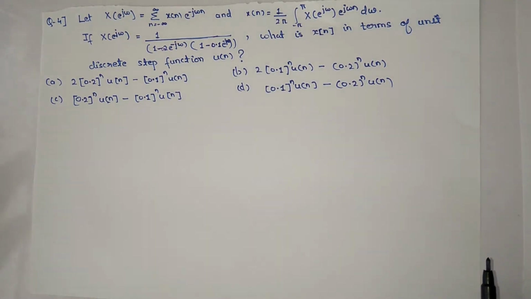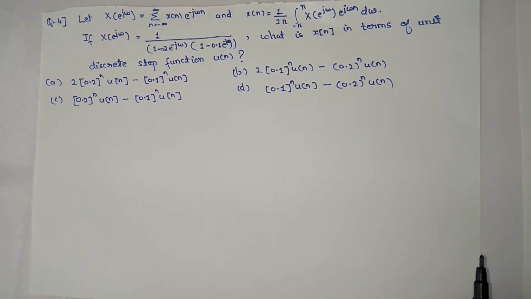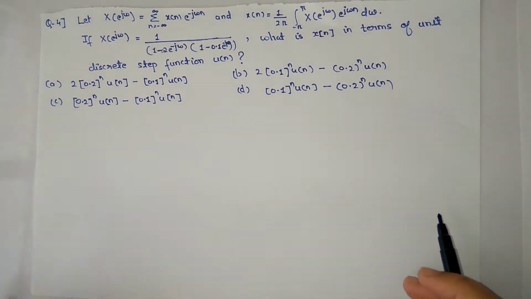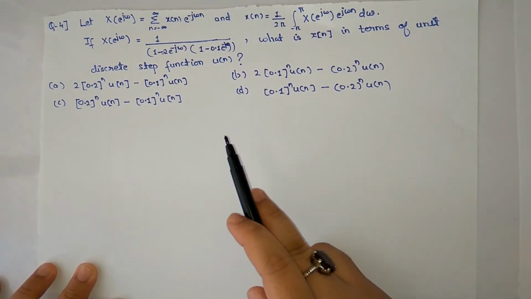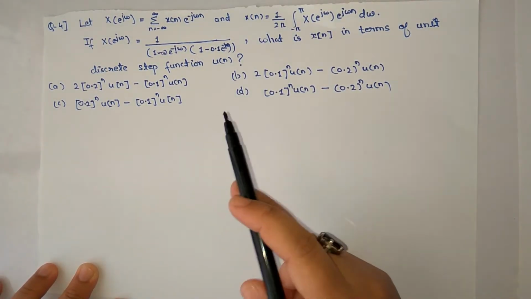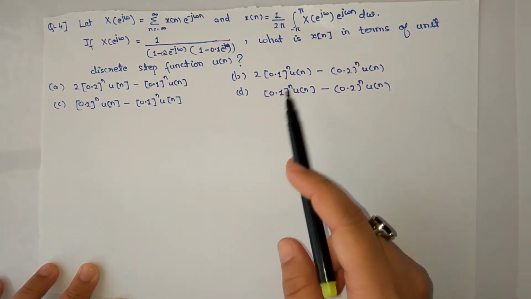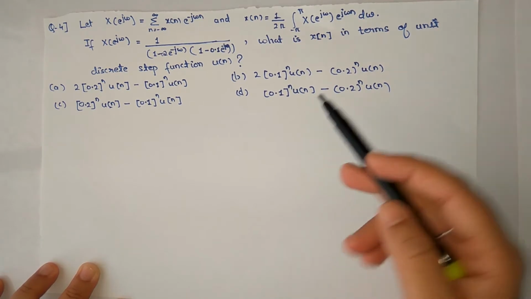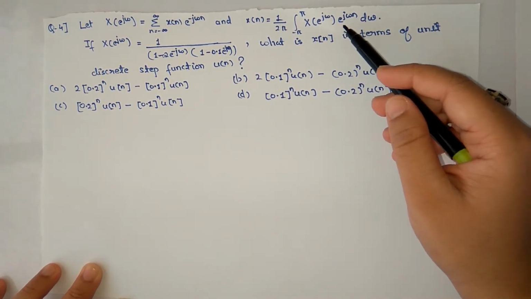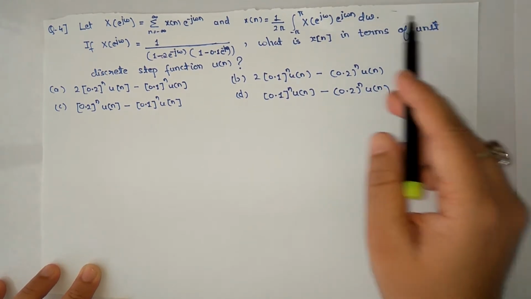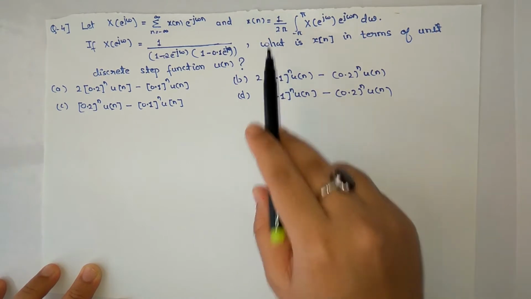In this video, I'm going to discuss one of the questions from ISRO 2018 EC. So let's start. The question says, let X(e^{jω}) equal the sum from n equals minus infinity to infinity of x[n] e^{-jωn}, and x[n] equals 1 by 2π times the integral from minus π to π of X(e^{jω}) e^{jωn} dω. Just by looking at this, we can easily identify this is a question of discrete time